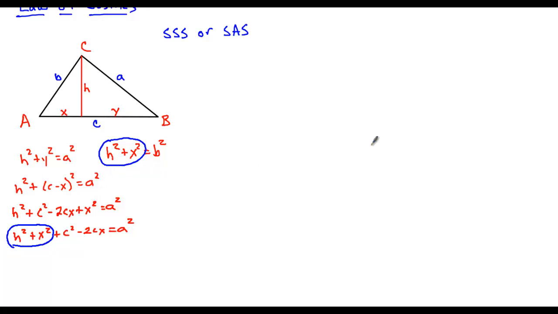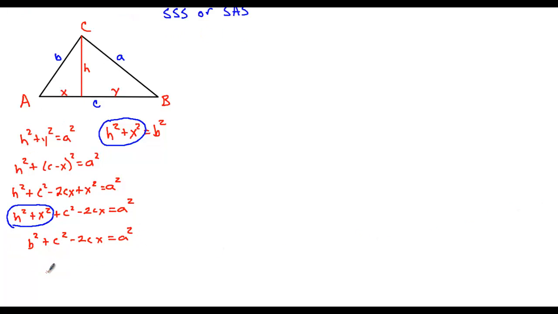So just stay with me for a little bit longer. You're not going to be expected to do this from scratch or anything like that on your own. So h squared plus x squared gets replaced with b squared plus c squared, and still minus 2cx equals a squared. Well, now if I look back up at my triangle here,